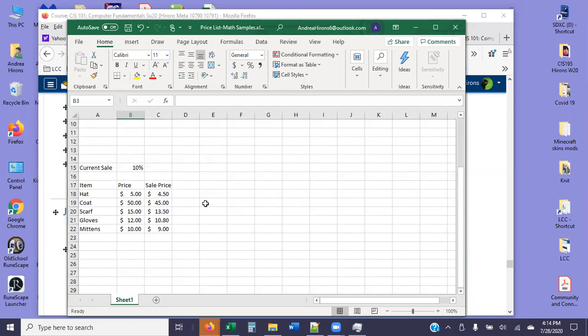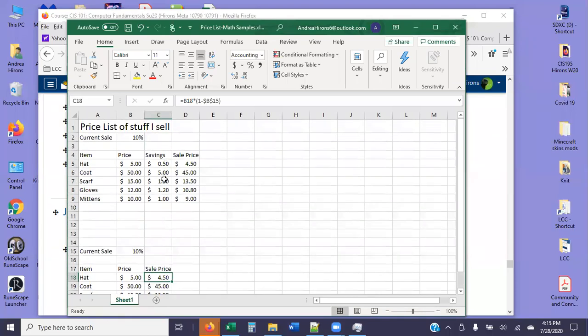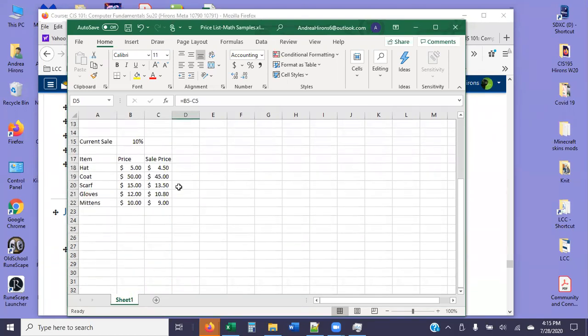Okay, now another way of doing this that is fancier, and you will see this all the time, and this was one of the exercises in the homework previously. So current sale is 10%, exactly the same sample items, but we only have one column here. So what I've done is I've included this savings calculation inside of this sales price. And the way I did that was I said blue original price times,